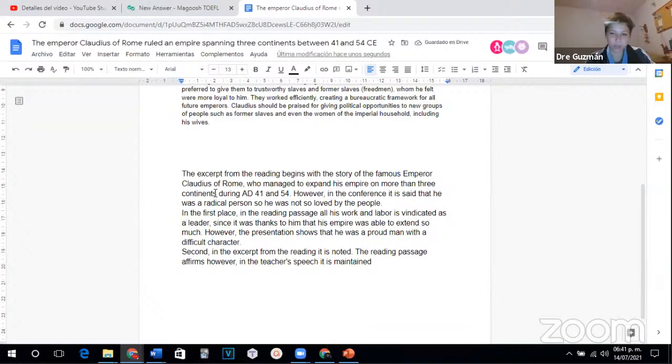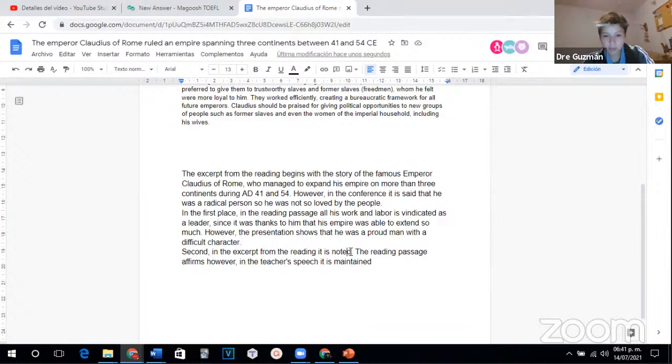Everything works for him to be recognized as a leader, since it was thanks to him that his empire was able to extend so much. Perfecto. However, the presentation shows that he was a proud man with a difficult character. Perfect. Igual, first argument, you present it and you present the counter argument. Second, in the excerpt from the reading, it is noted